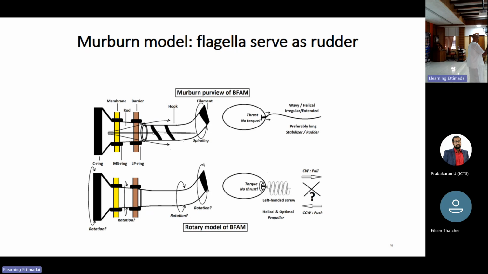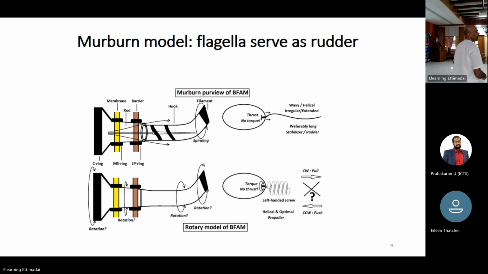Have you seen a kite? If you try to get a small kite upward, it goes round and round; fluid dynamics doesn't work properly. You put a tail, it goes straight. A small bacterium, if it pushes water out, will have only tumbling, so you put a tail to it, and it will go in one direction if that tail has some preferable dynamic properties. Now if you consider this left hand screw thingy,